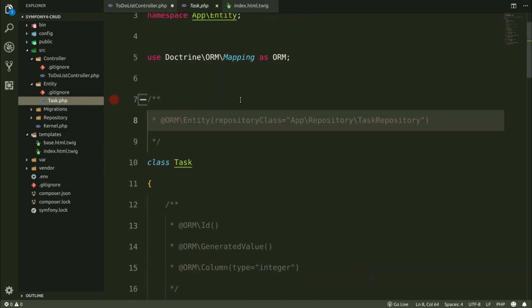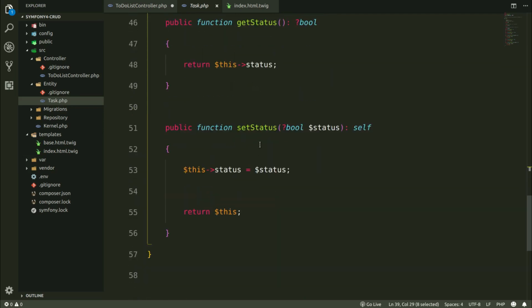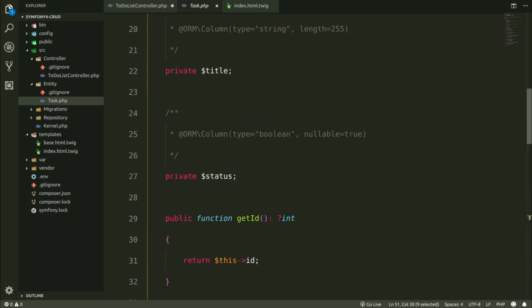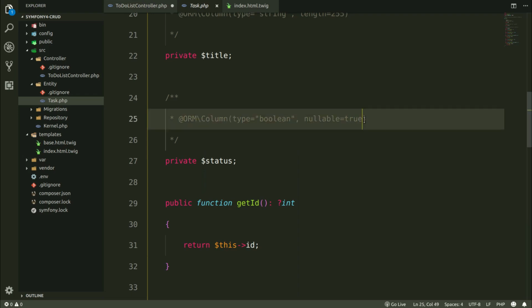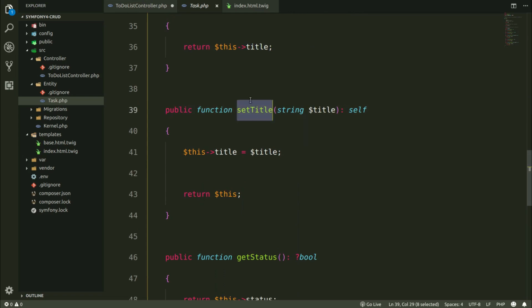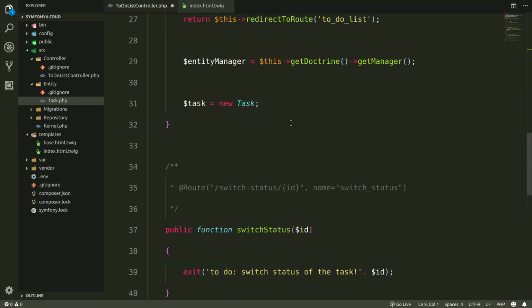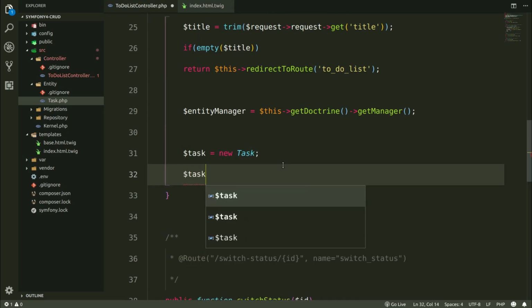Let's take a look at the entity. How do we save the title of the task in the database? By using setTitle method. I don't need to use setStatus because the status of the task is null by default, which means that at the beginning my task is not completed, nullable true. What I am interested in is only setTitle method in this case. So setTitle,